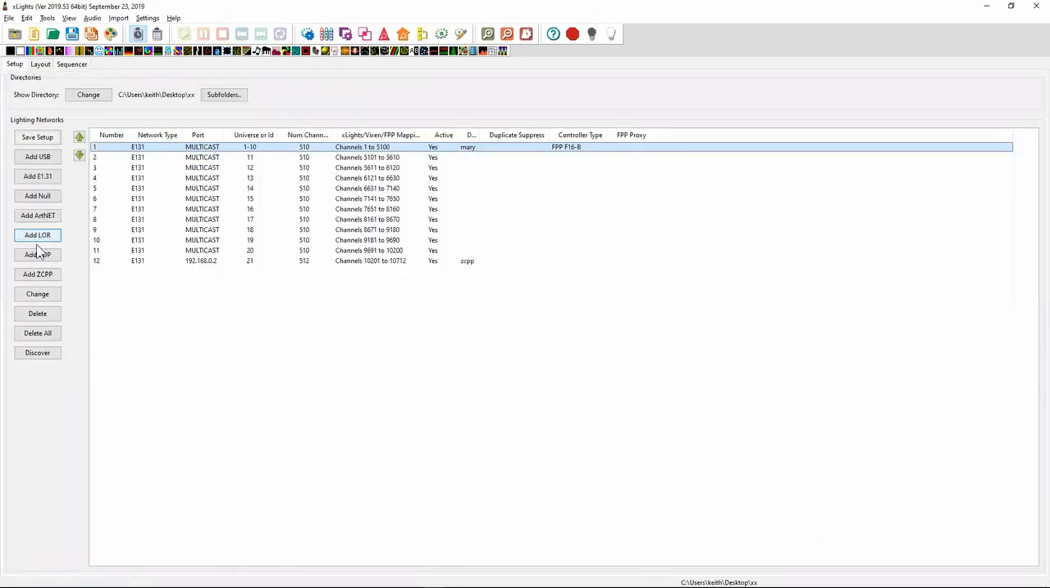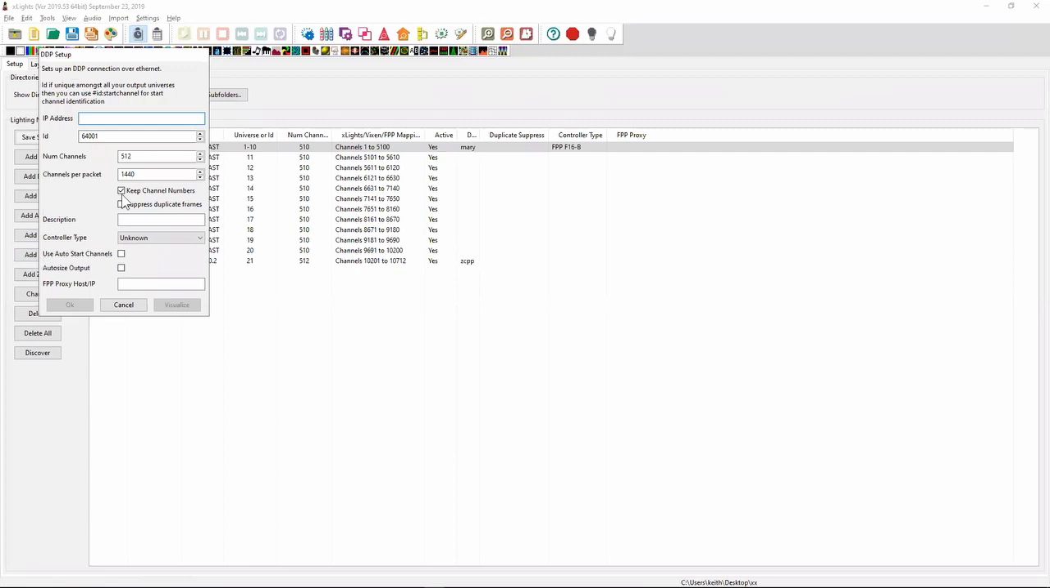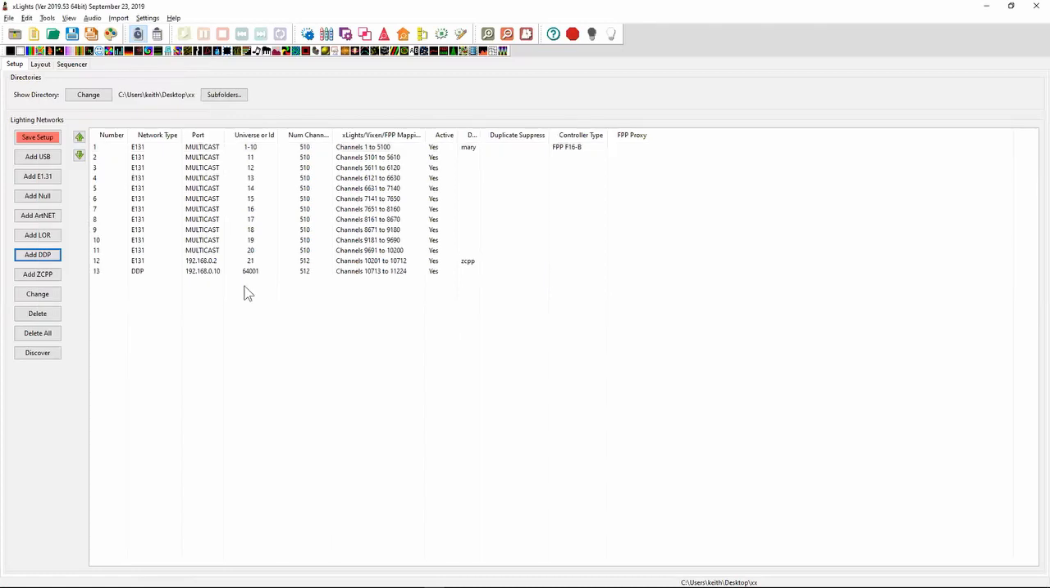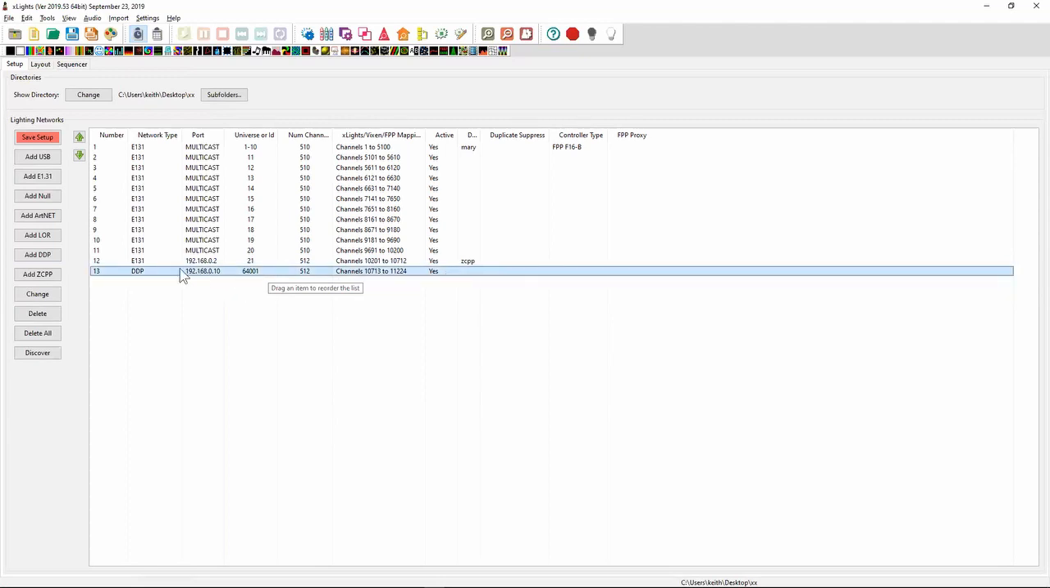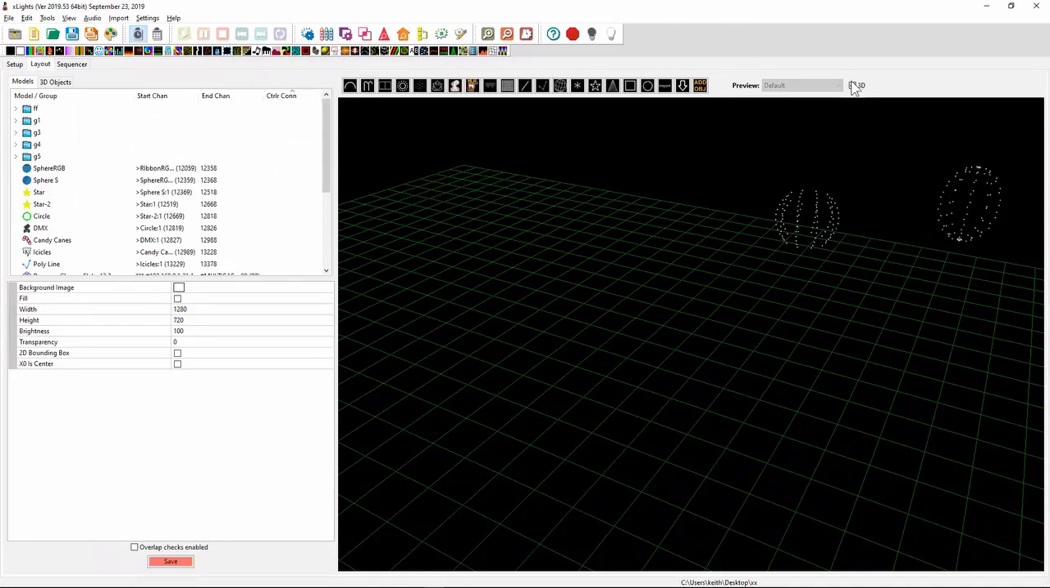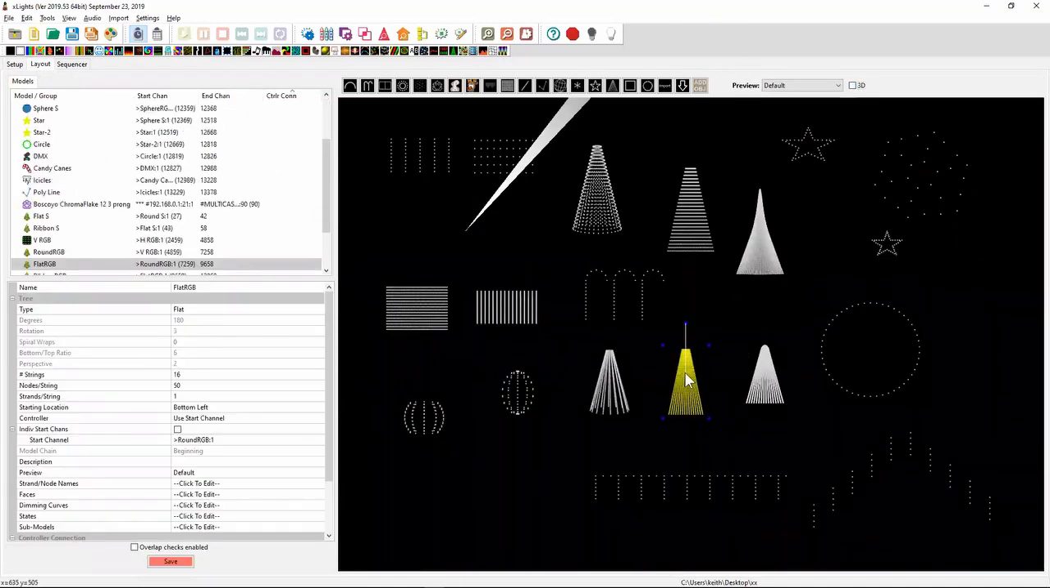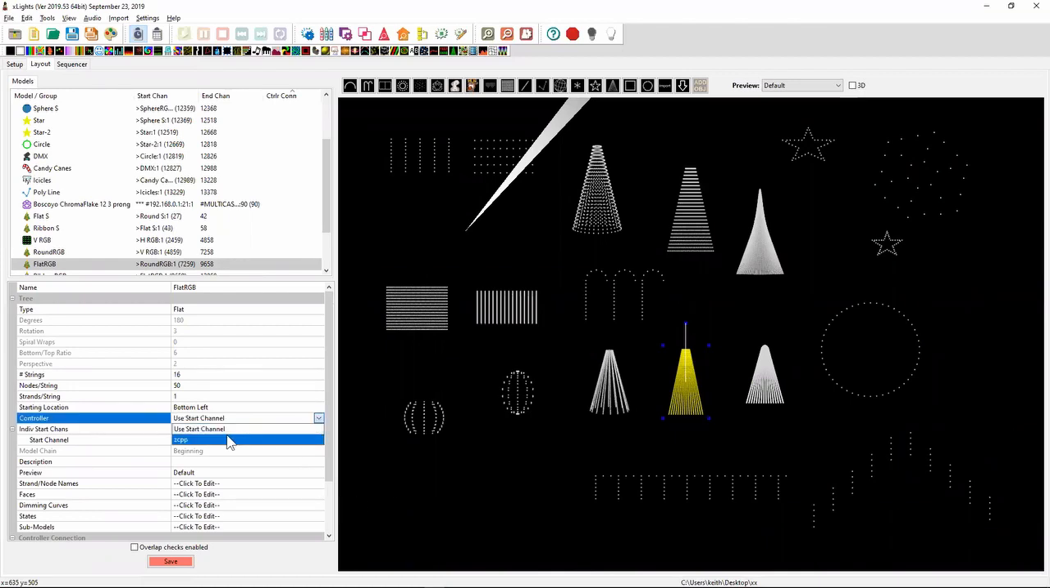What does this mean? Well, basically, you can add a DDP in here now, 192.168.0.10, and you can just say auto size the output down here and click OK. And what it will do is, when you now add models over here, if I was to go and add this to that controller, instead of using the start channels, okay,